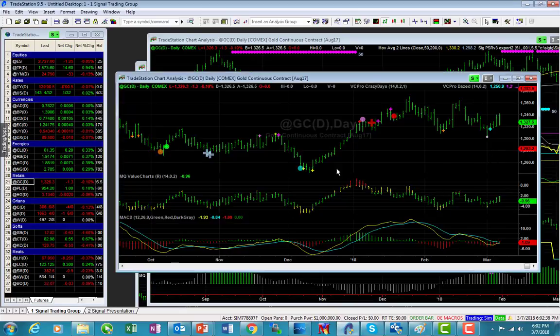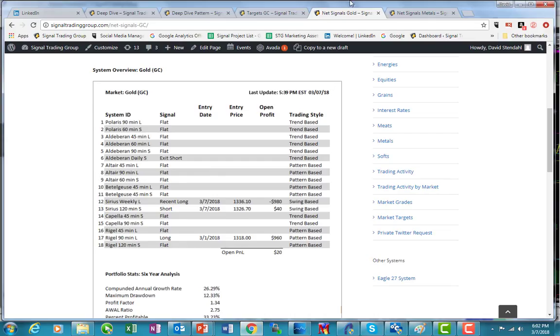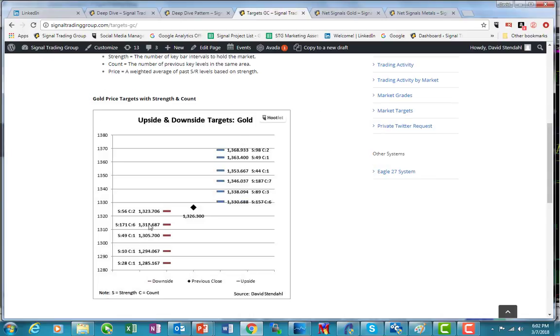So I'm not really overly concerned with the position right now, with the fact that the market sold off a little bit, but we're going to be coming up to that support level here very, very quickly, and it had better hold at that level. So you can always find the actual number if ever you're interested, just going to the targets, and you can find if that should break this top one here, which isn't very strong. It's got a 56 with a 2 count.